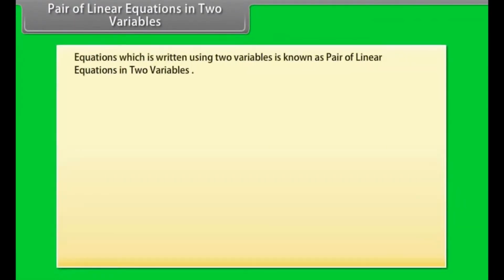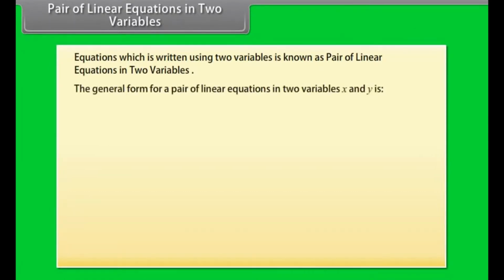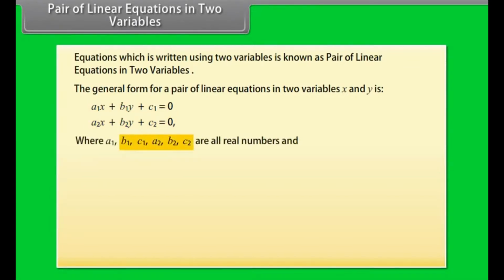Pair of linear equations in two variables. Equations which are written using two variables are known as a pair of linear equations in two variables. The general form for a pair of linear equations in two variables x and y is a1x plus b1y plus c1 equals 0, a2x plus b2y plus c2 is equal to 0,